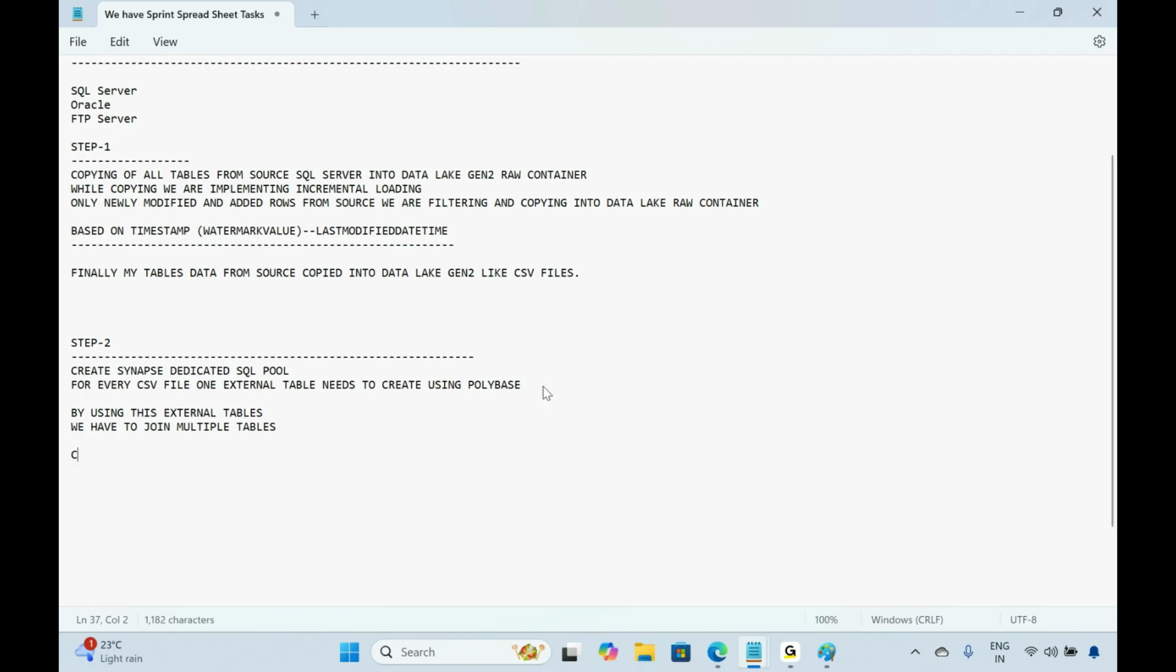For example, the contacts table, customer emails table, and customer info table. To load the data into the dim customer table, the data is in three different tables, the external tables you created. So you have to join all these three tables. You need to perform joining of multiple tables